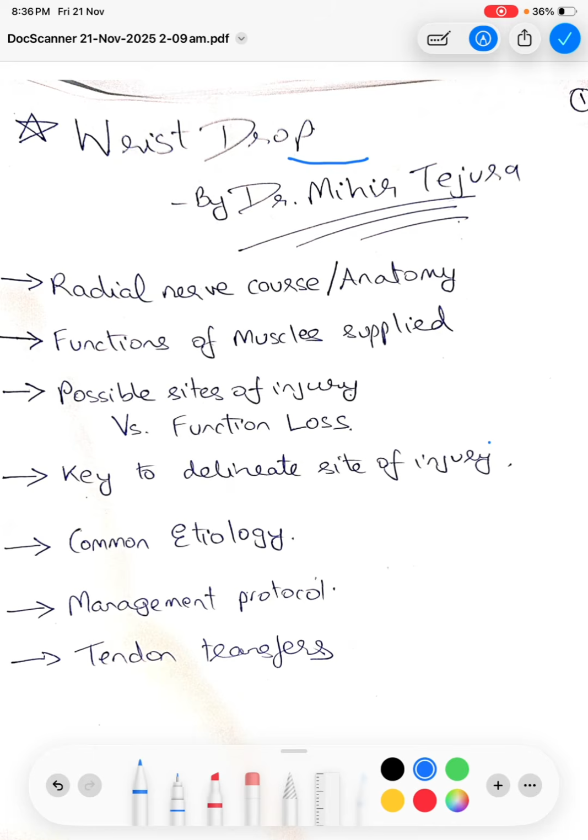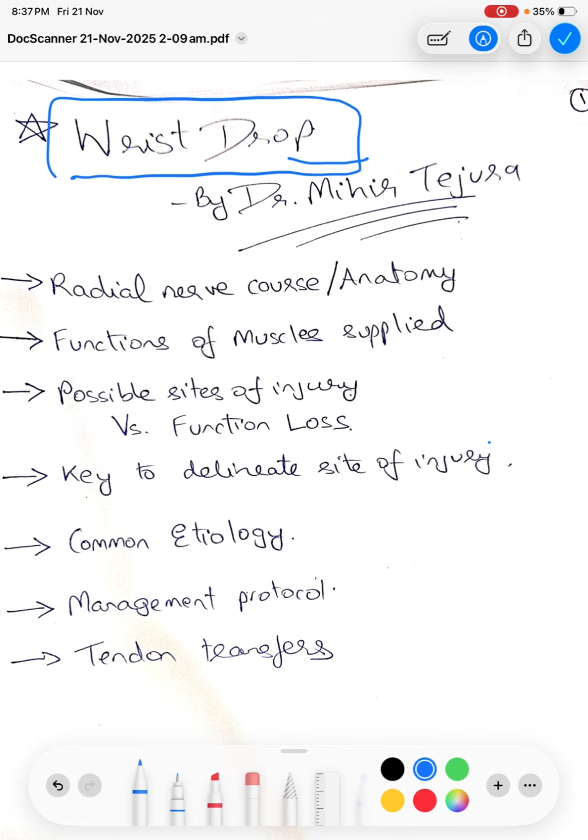Hello friends, so today we are going to discuss the concept of the royal orthopedic nerve, that is the radial nerve. Every orthopedic surgeon has always been apprehensive and afraid of this radial nerve throughout his life, be it a wrist drop case in his or her practical examination or a case of radial nerve palsy pre-operatively or post-operatively in his clinical practice. So today what we are going to do is understand in detail